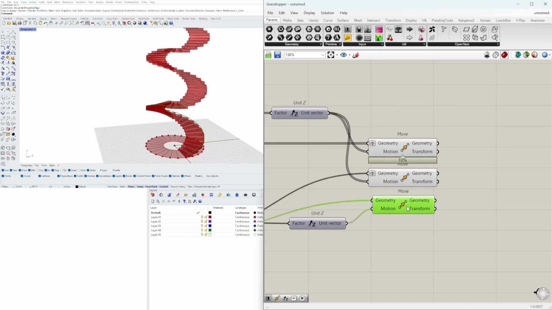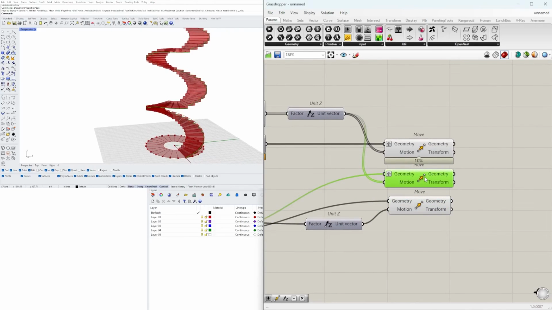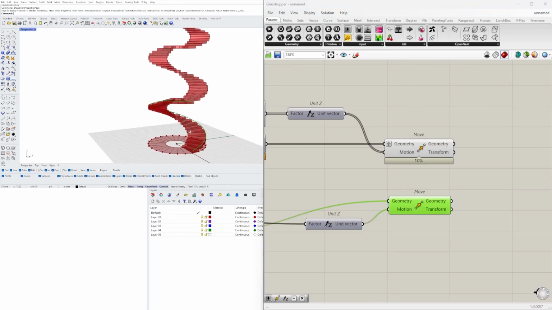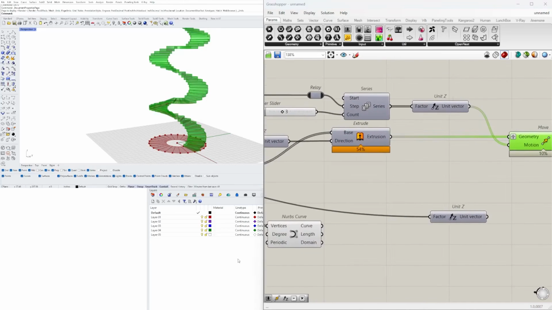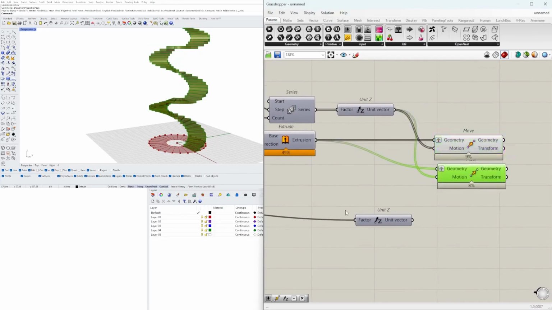Or actually, we can do something a little bit more simple. We'll take the array and copy the